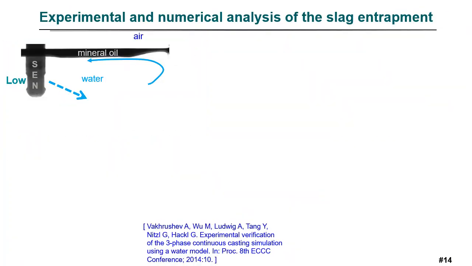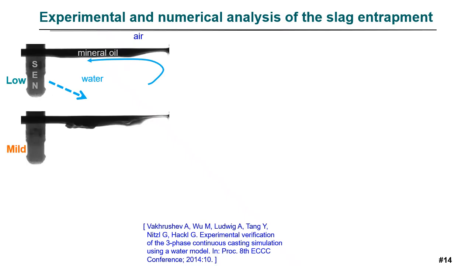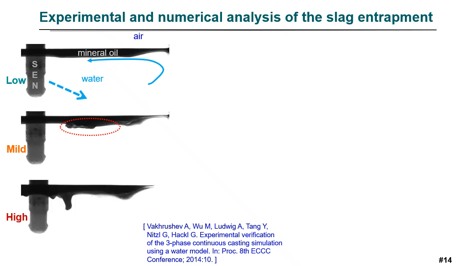The meniscus behavior is one of the crucial points for the continuous casting process. We have studied both experimentally and numerically different regimes, trying to track the criteria for the slag entrainment. As you can see, with growing throughput of the fresh melt, the distortion of the slag band surface appears, and finally, due to the shear stresses, or as in this example, due to the formation of the local vortex,